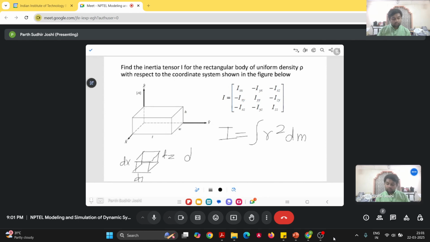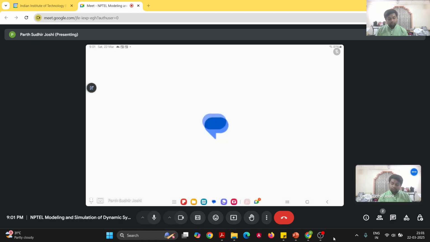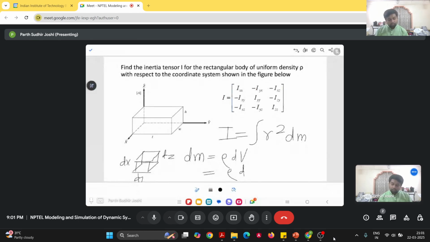So the mass of this differential element will be rho into the volume, which is rho into dx into dy into dz. And the position vector over here is,